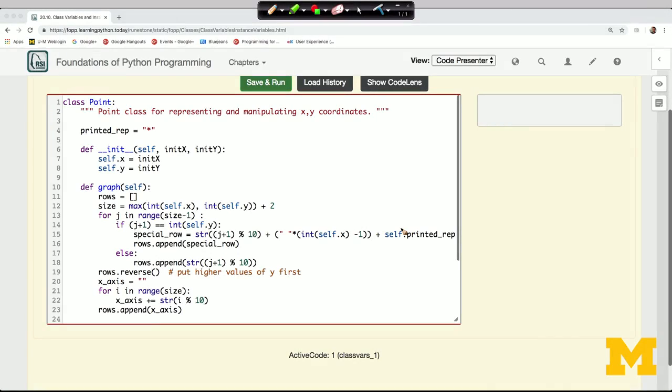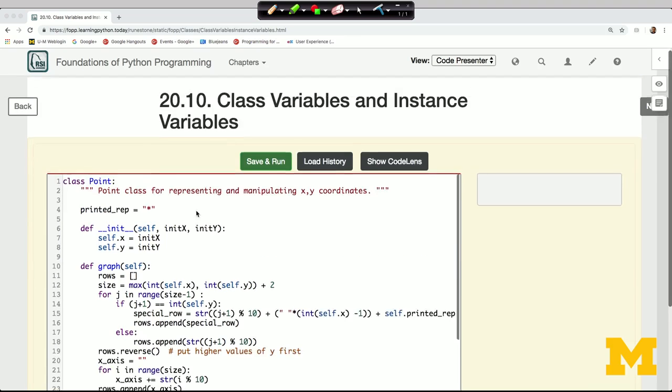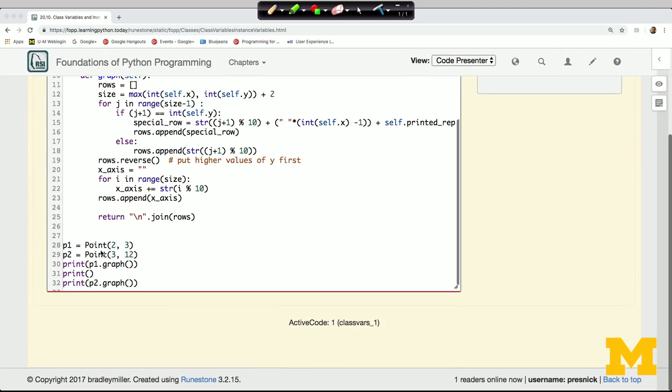Welcome back. So we've already seen that every instance of a class can have its own instance variables. For example, here we have a Point class, and inside of the constructor, __init__, we can see that every point instance has instance variables for x and y to represent the position of that particular point. Now, for example, here when we create a new instance of Point with x equal 2, y equal 3,